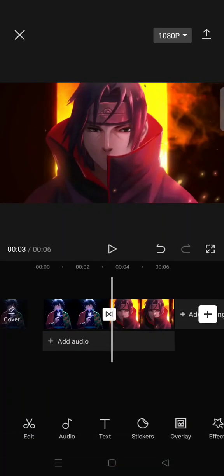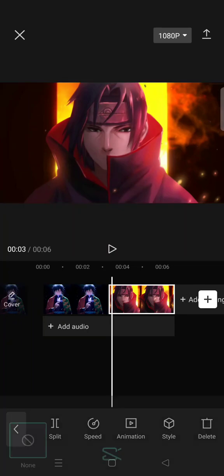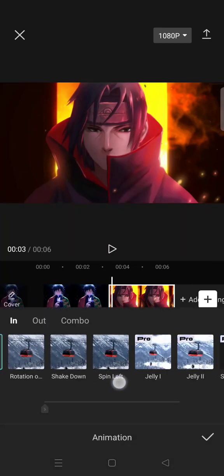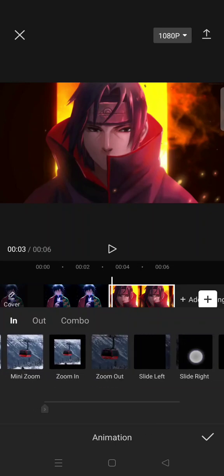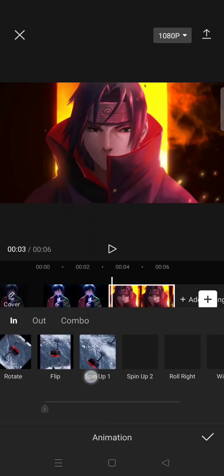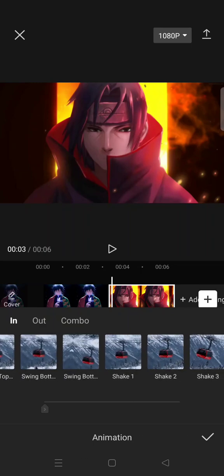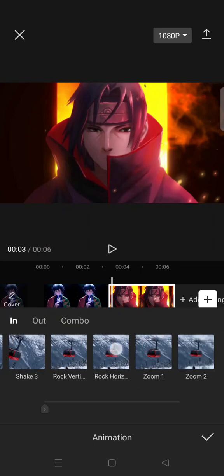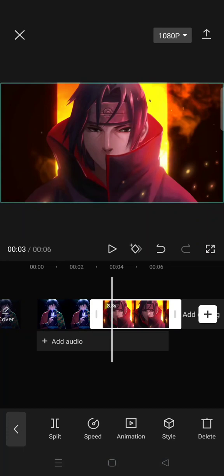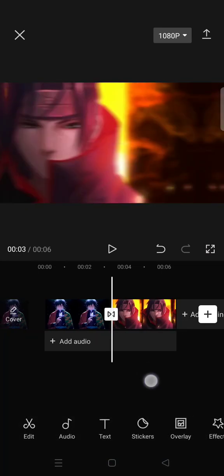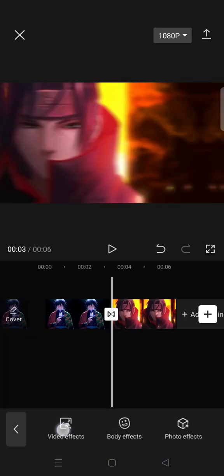Okay, and then click on a check icon and click on the second clip, go to animation in and select the rock horizontally animation. Okay, this one, and adjust it for 0.5 seconds. Click on a check icon and now go to video effects,